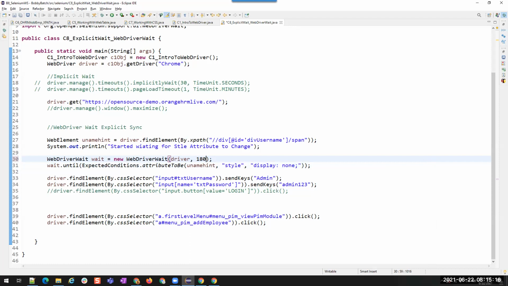Up to you means we cannot directly keep 3000 seconds and ask it to wait for 5 minutes. It depends on the application. Once you click on the button, you will know when it is going to get loaded, within 1 minute, 2 minutes, or 3 minutes. So based on that, we will use this. We can give any time, but we will give an optimized time because our script execution duration should not go longer.